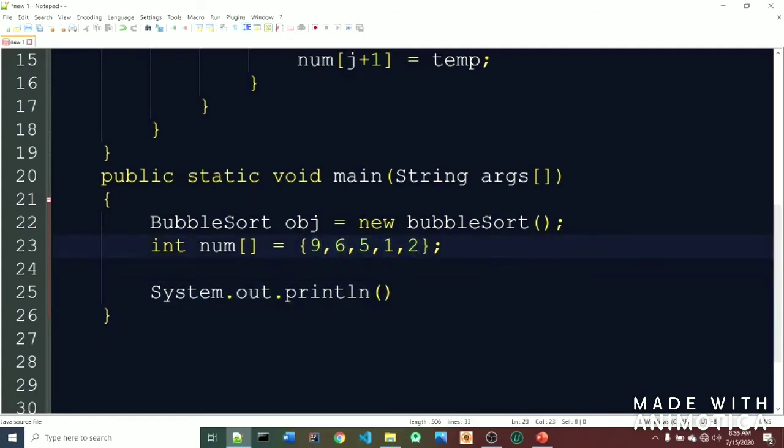One option is to print these numbers using a loop, a while loop or a for loop, any loop you can use. Another method is to print these numbers by converting them into string values. So how? Let's see.